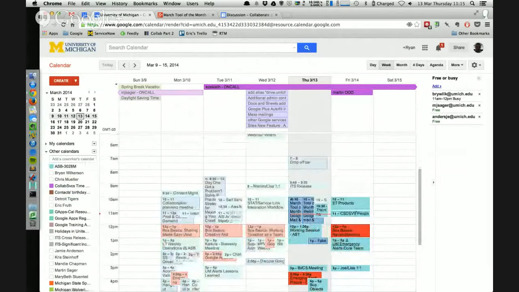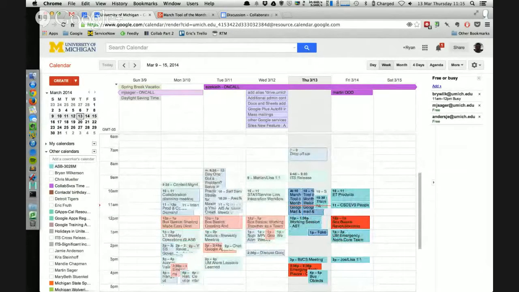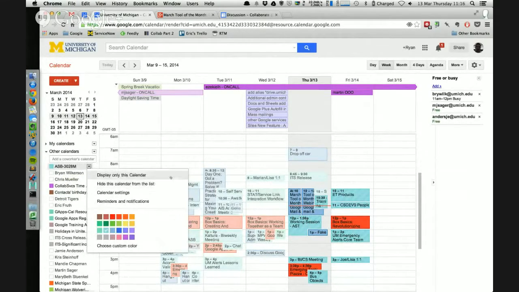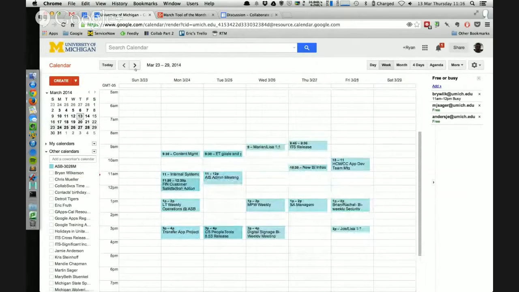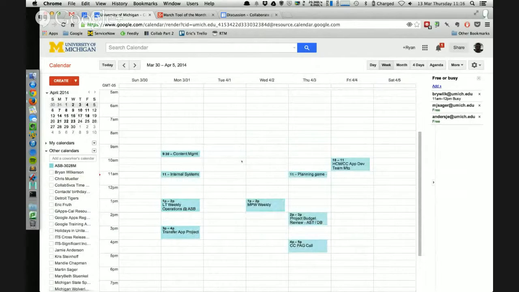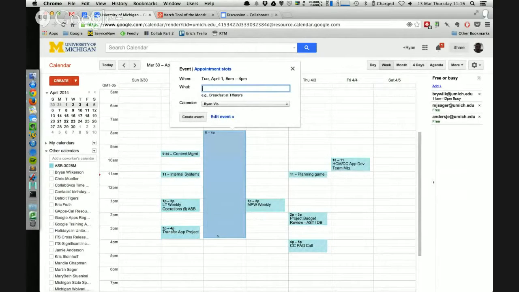And you can see those items displayed with everything else. This gets a little noisy, so I really want to schedule just that. I hover over 3028M, and there's another down arrow here with a hidden menu. I can pick that, and I can display only this calendar. And now every other calendar that I had turned on is hidden except for 3028M. That lets me page through here to find that hole that I need, and look at that, 4-1. I could have it all day long.